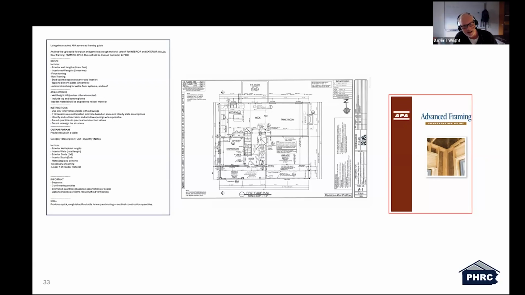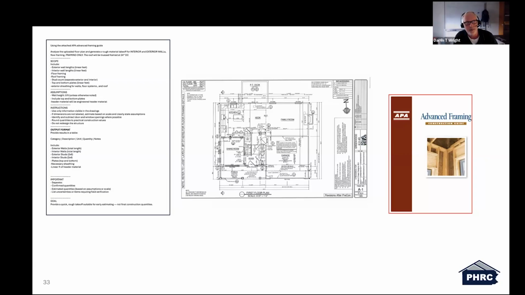And when AI gave me the results, I went back and did it the old school way, manually sitting down with a ruler and figuring out what the material takeoff was going to be, like you would do on a custom build. And it was very, very accurate. I would say within 3 to 5% of what I did manually, AI did. It took me a while to do that.